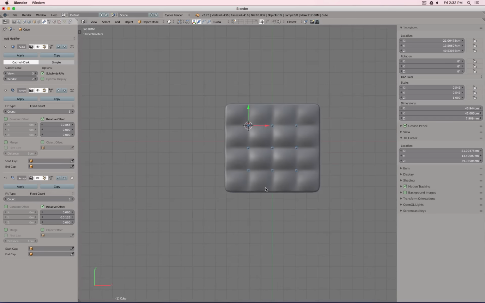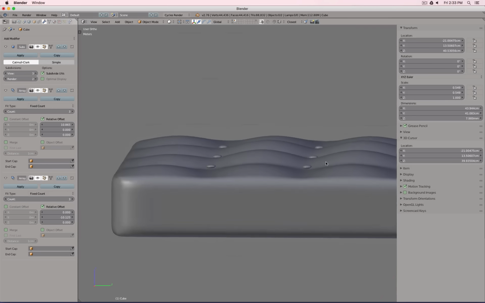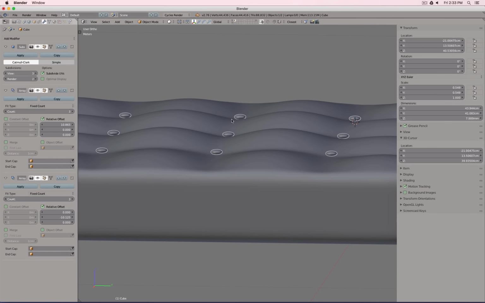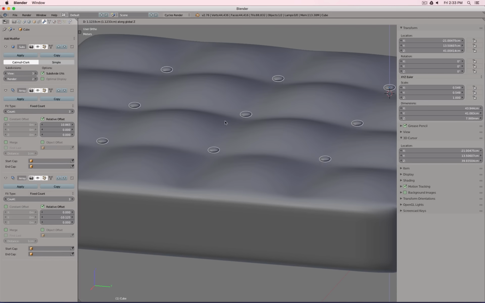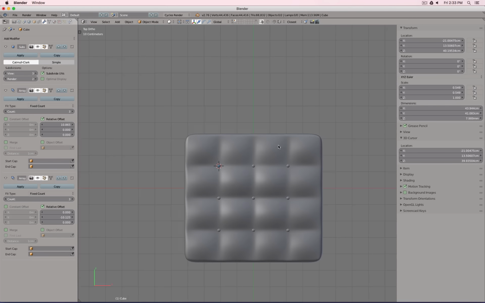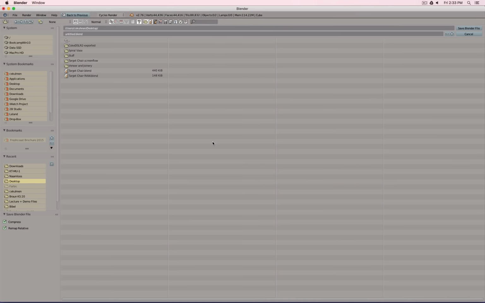Okay. And you can see these buttons are hovering above it, so we have to push them down a little bit there, so it really looks like they're pushing everything down to a certain degree. So let's